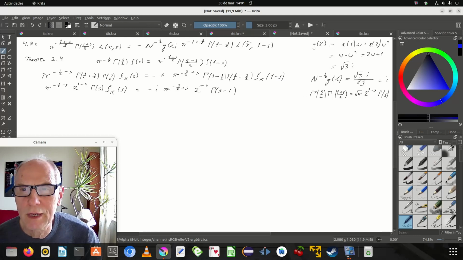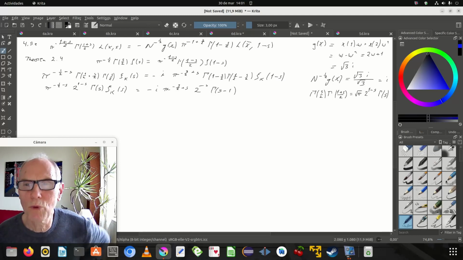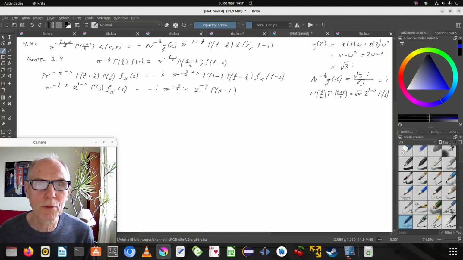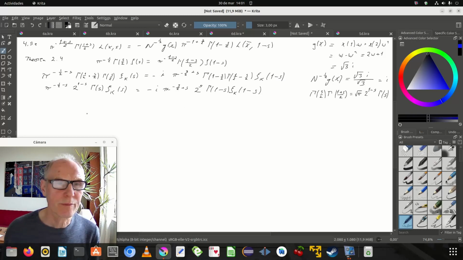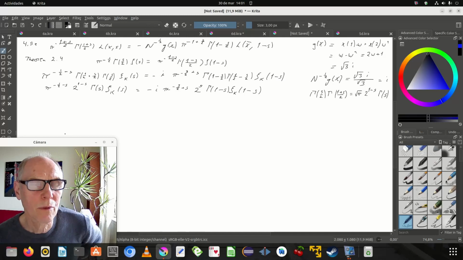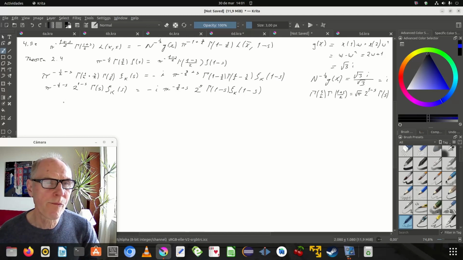Yeah, s is substituted with 1 minus s. Then it's 2 to plus s. And gamma of 1 minus s, and that means if we define